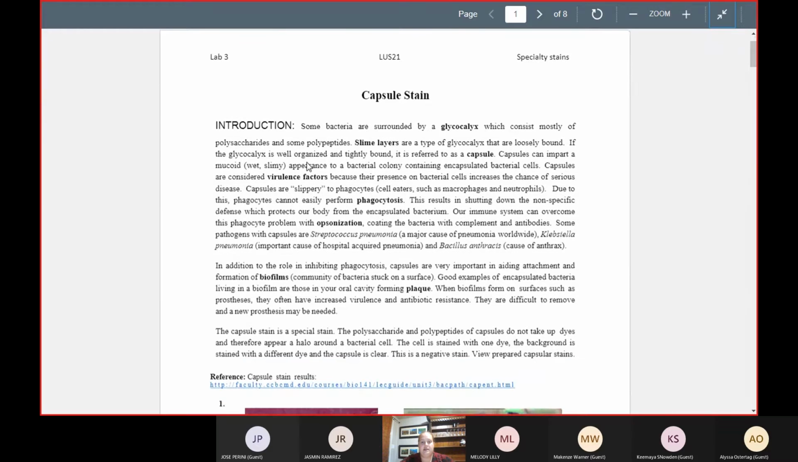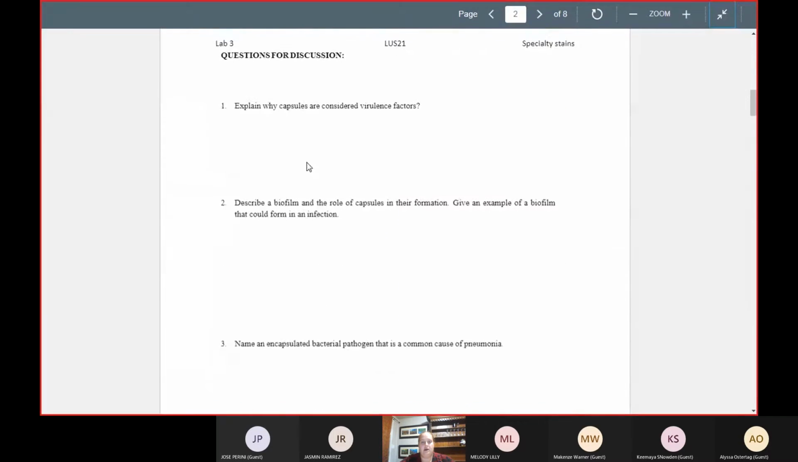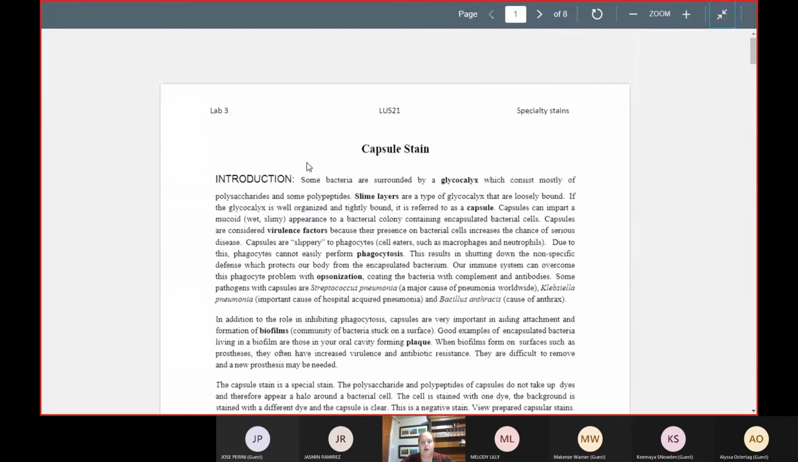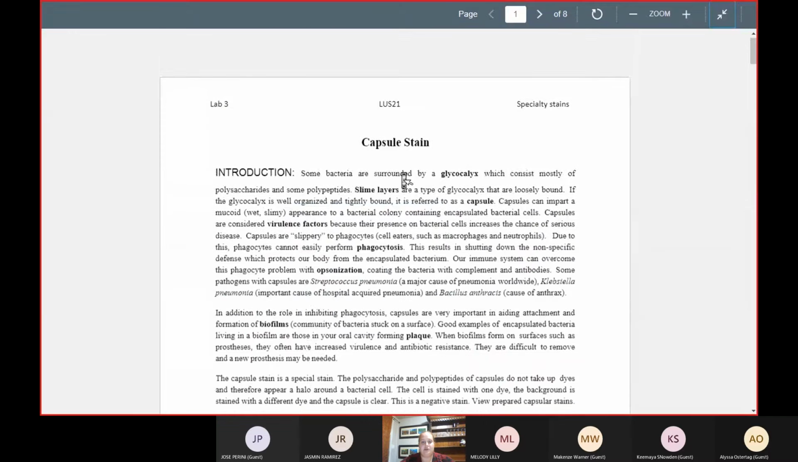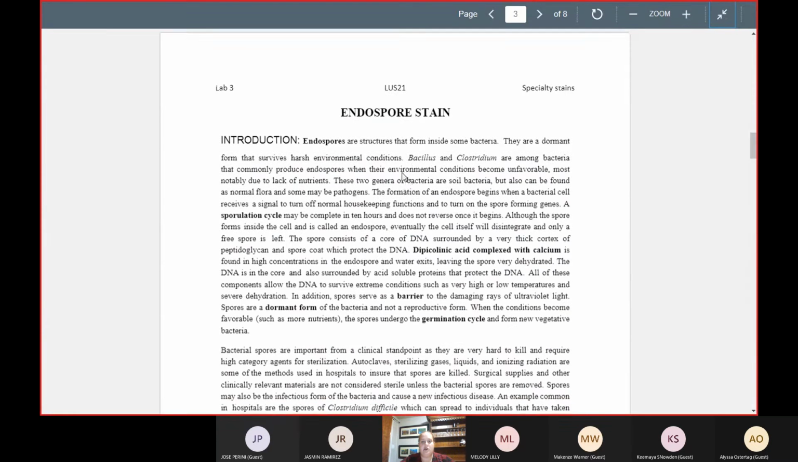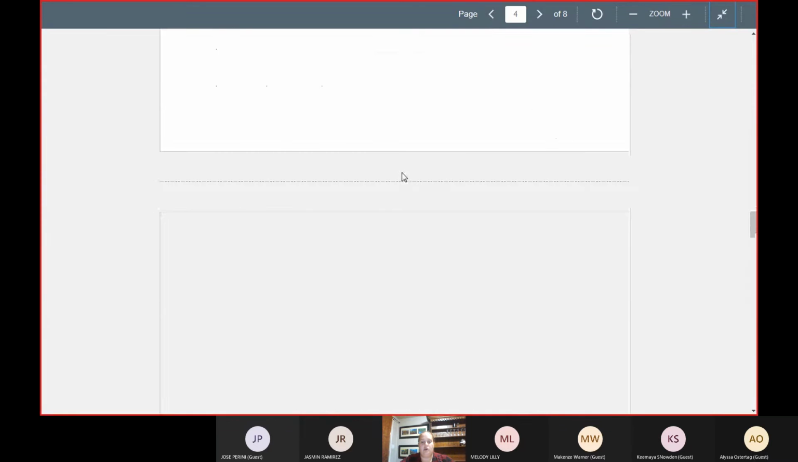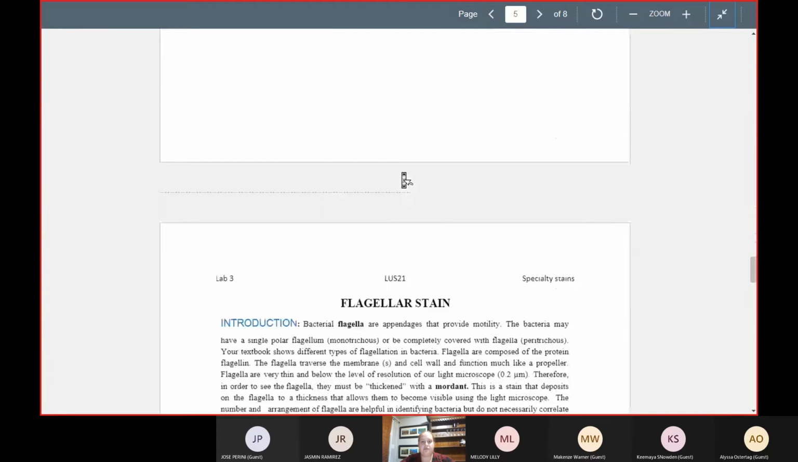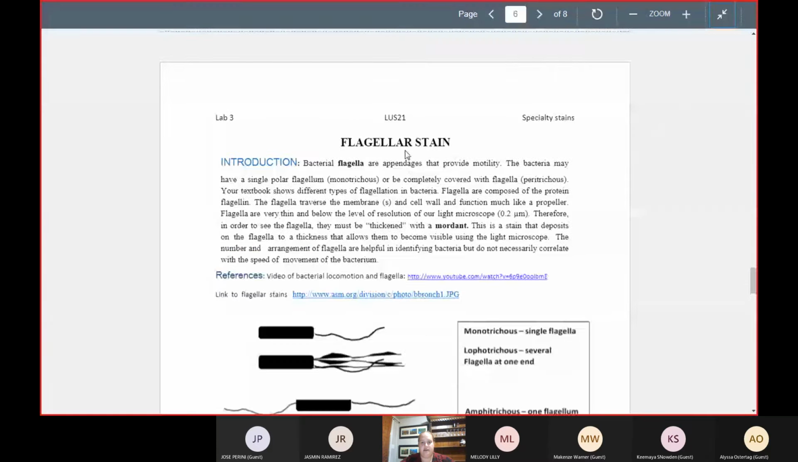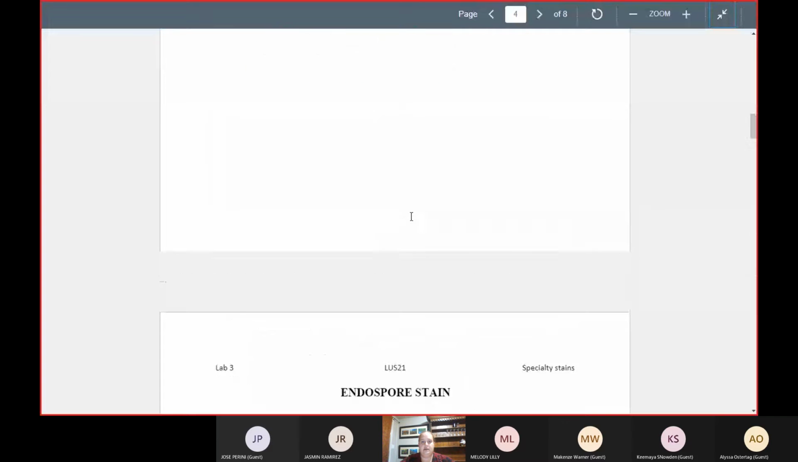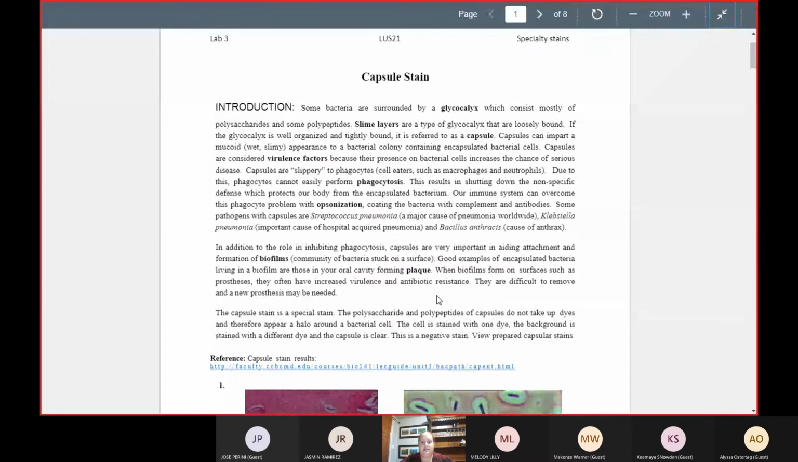These 3 stains remaining here are the next 3 that we're going to talk about. We're going to talk about capsule stains, we're going to talk about endospore stains, and we're going to talk about flagellar stains or flagella stains. So starting with capsule stains,